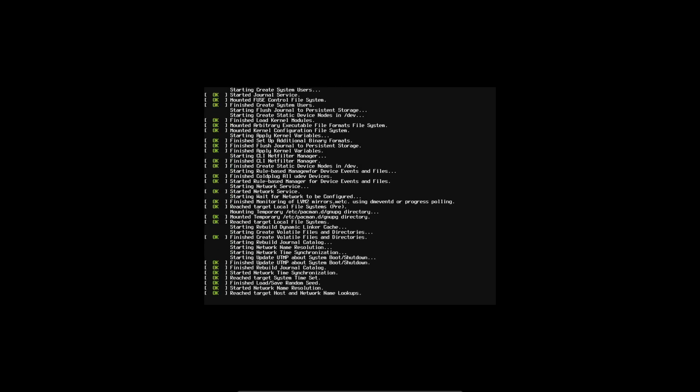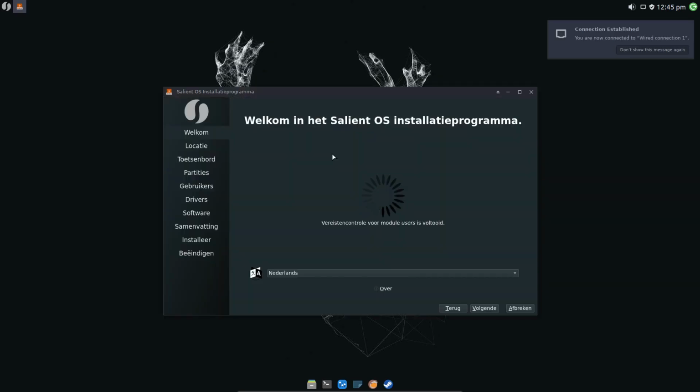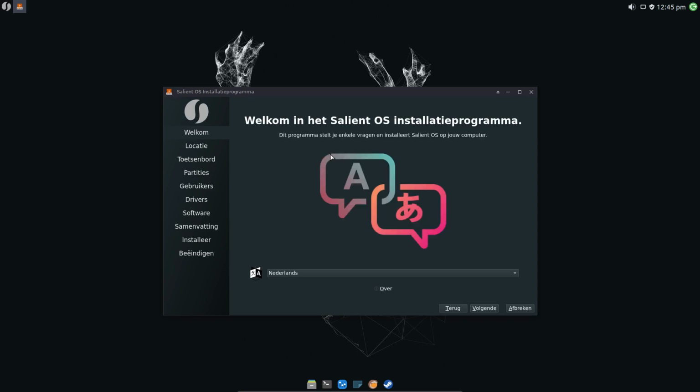So another one. Great, right? All these choices, all this freedom to choose whatever you like. And then it's up to you. We are here, of course, as well for Calamares and for our group of developers and ISO builders, and Salient OS is one of the distros out there that uses Calamares.